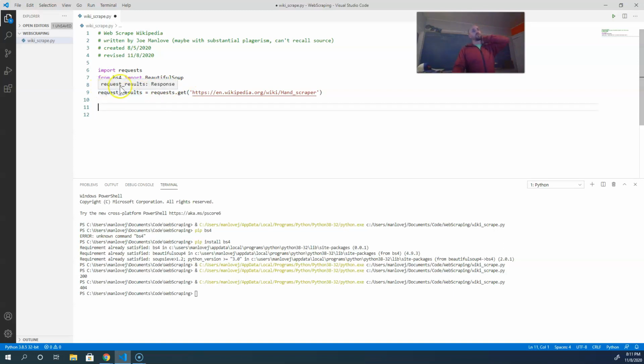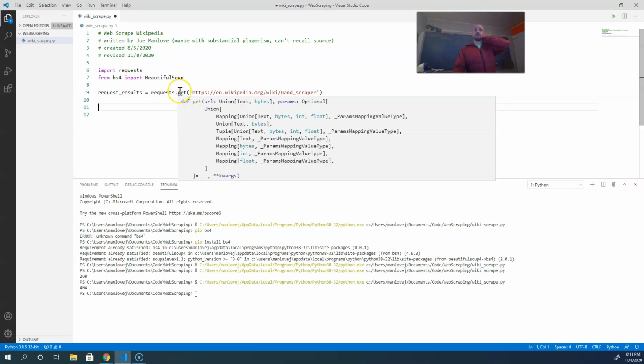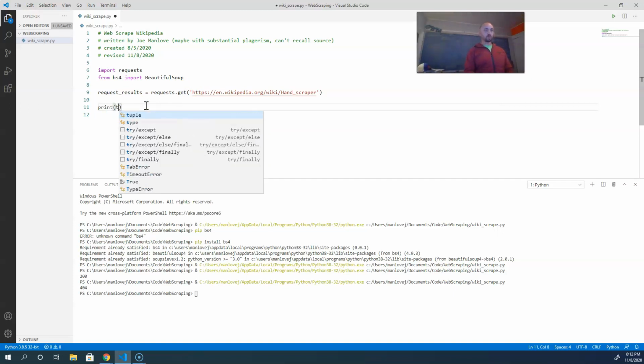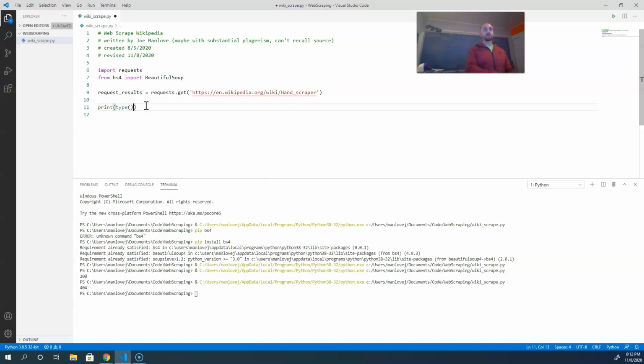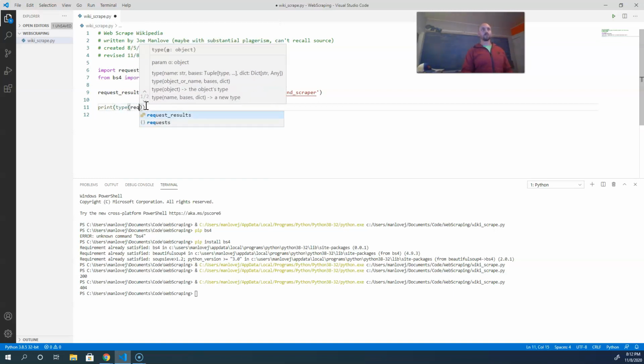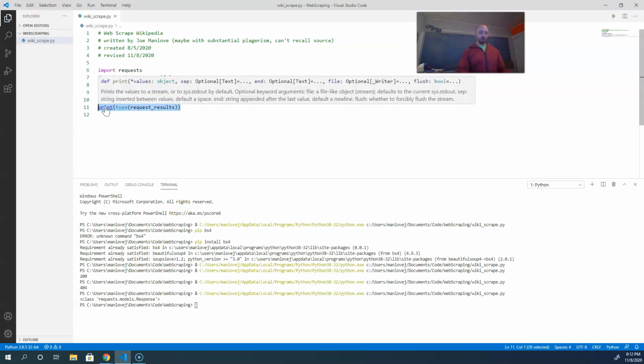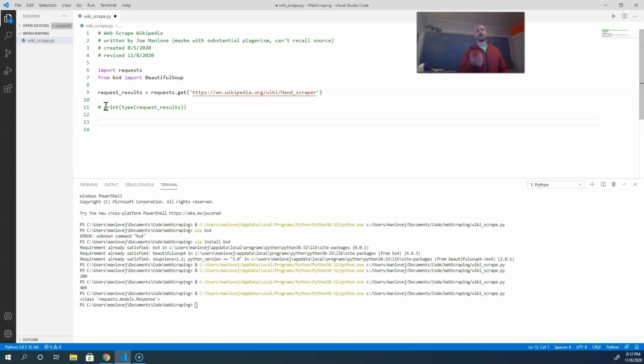Now that we've created this thing, right now this request results object is a requests.get result, right? Let's just check what type of thing that is. My guess is it's some kind of object. It is a requests.models.Response, and it is, in fact, an object. Cool. All right. So the next thing I'm going to want to do with it, because right now it is probably some kind of awful gobbledygook,